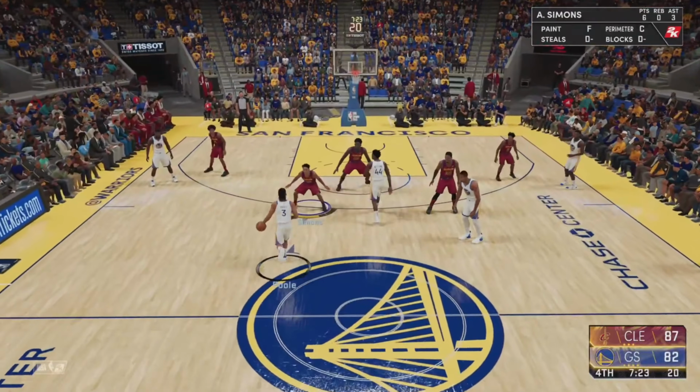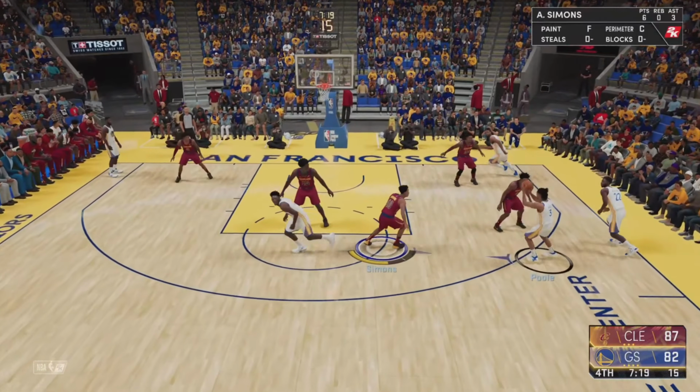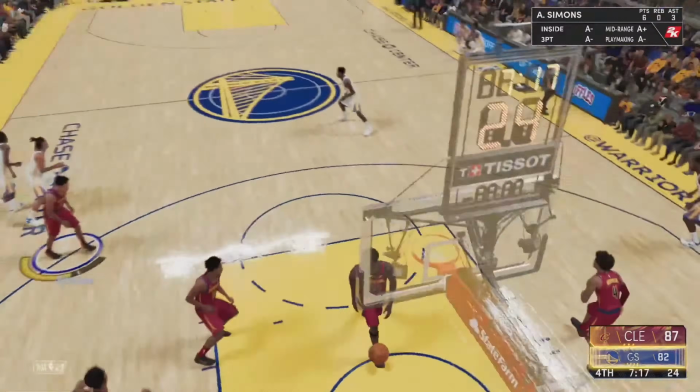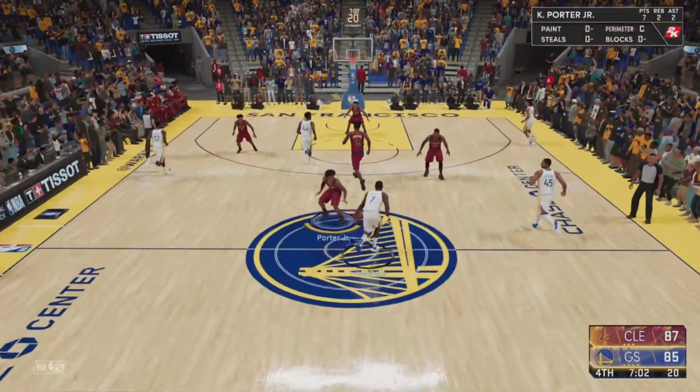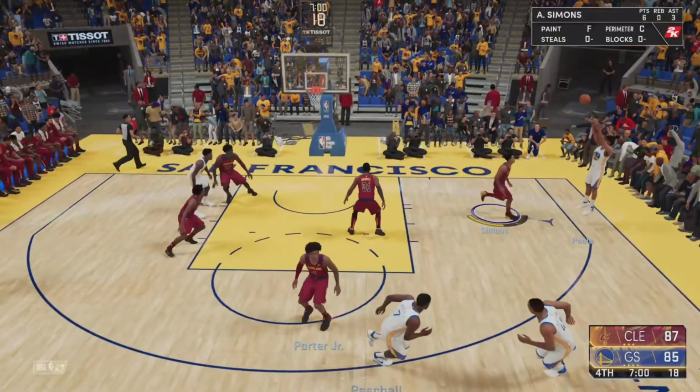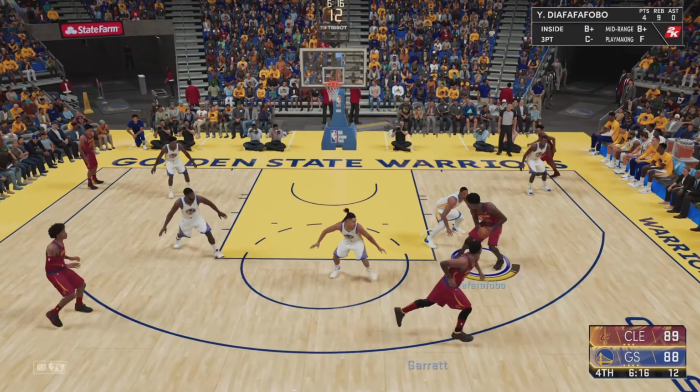Nice layup for Jordan Poole to open up the fourth quarter. With Steph Curry out, somebody's going to have to step up. It looks like that somebody's going to be Jordan Poole. I mean, Curry's only going to be out of the game for a few minutes until he's back in, but apparently Jordan Poole has just decided to go full Curry mode as he starts the fourth quarter with 8 points